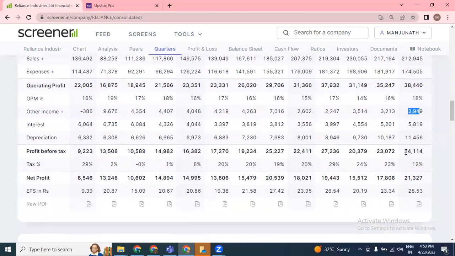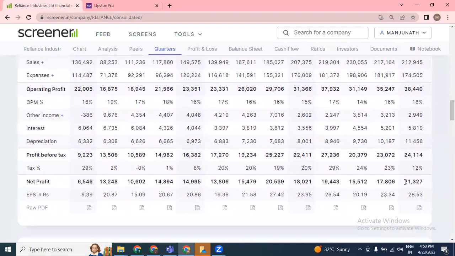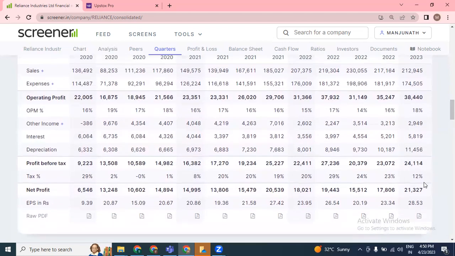So with that, we are ending up with Reliance number 24,114 crore. That is 1,114 crore, they have done 1,000 crores of achievement. So with this, they see 21,327 crores, still they are in profit. Taxes they have reduced this time by 12%. We have to check once we have the detailed balance sheet why exactly they are paying less taxes. So that we'll have to do our own analysis.